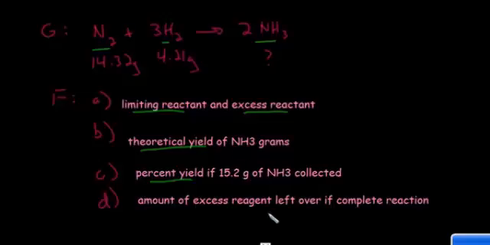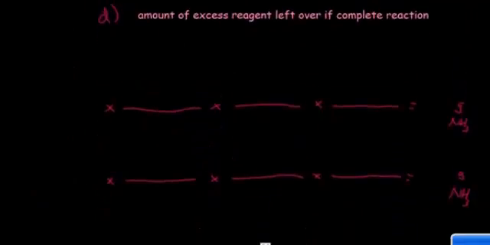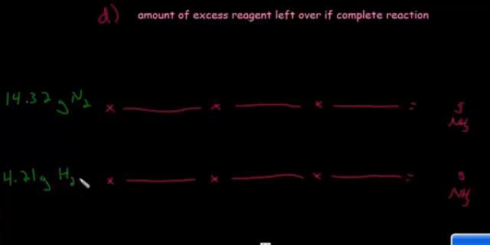So to work all of these things, I find that it's simplest if you go ahead and start out with the number of grams of each of the reactants that you started with. So you start with 14.32 grams of nitrogen, and you also start with 4.21 grams of hydrogen. Now, there are a couple ways to determine the limiting reagent, but I think the easiest